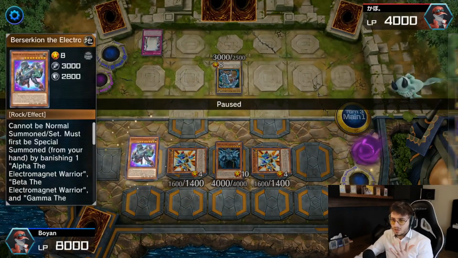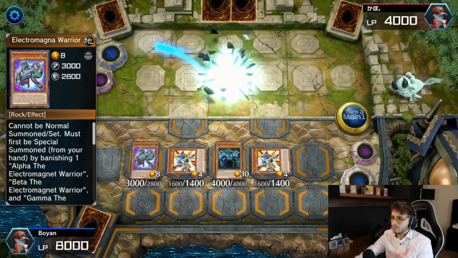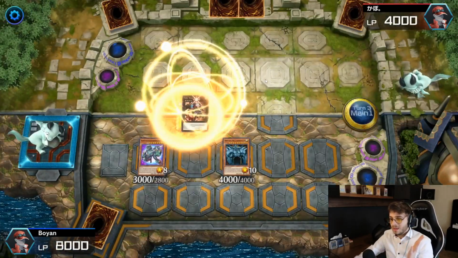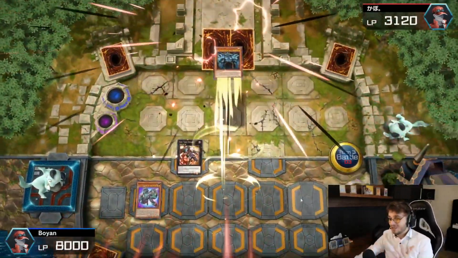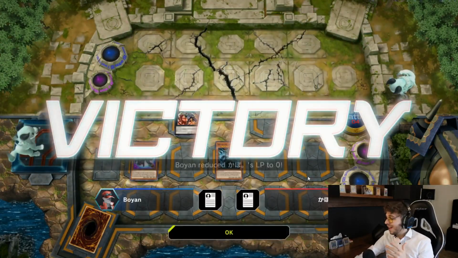But I decide to go Berserkion, obviously, pop his back row. It's the same as Dark Magician, his Blue Eyes dies. Now I XYZ summon. And I go for game. It's that easy, and this happens every single game, because this is probably one of the only decks that doesn't rely on special